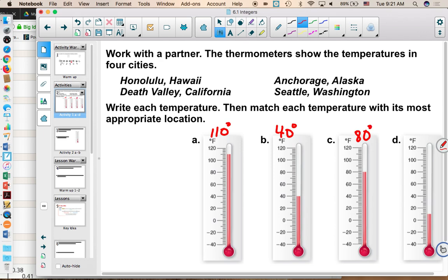And one more, D is what temperature, Kaylee? 5 degrees Fahrenheit. 5 degrees, good. And she adds the Fahrenheit. Now it says match those temperatures with their